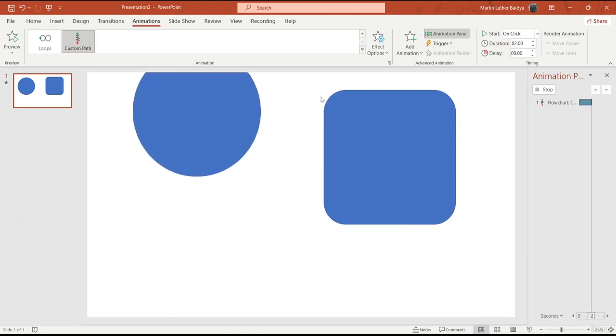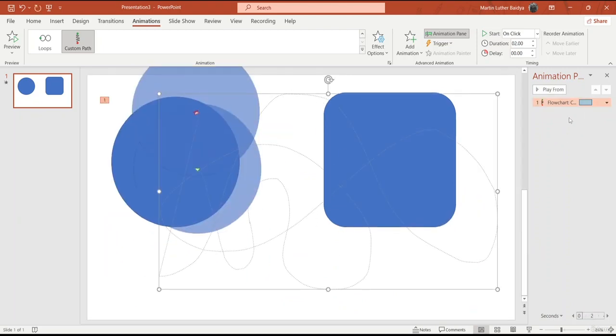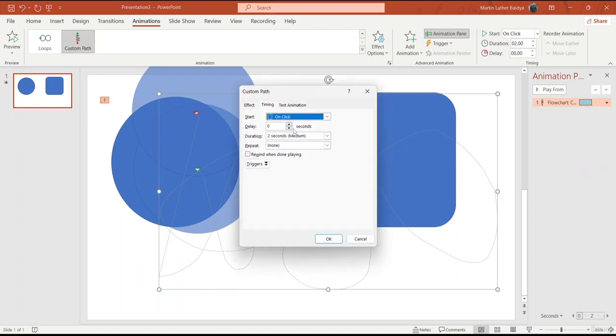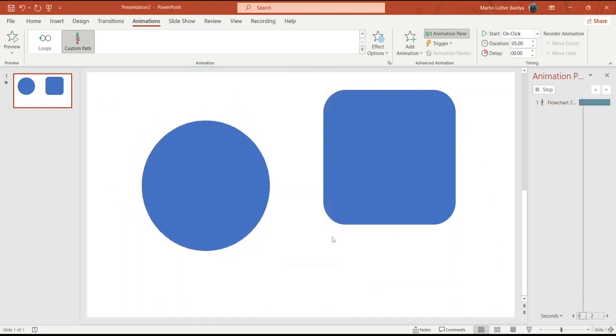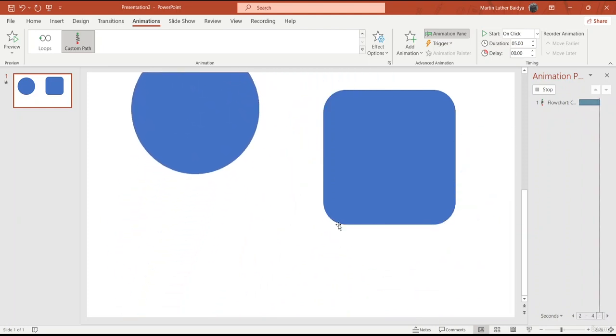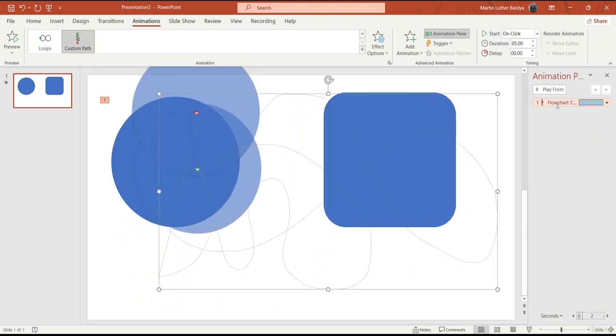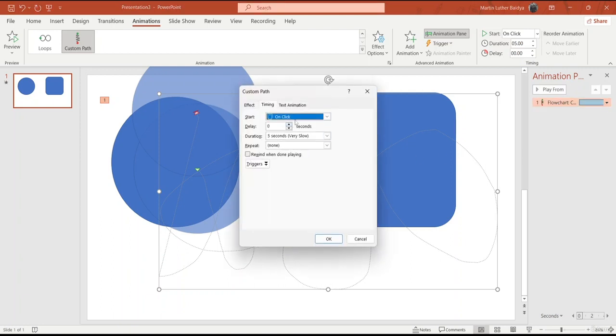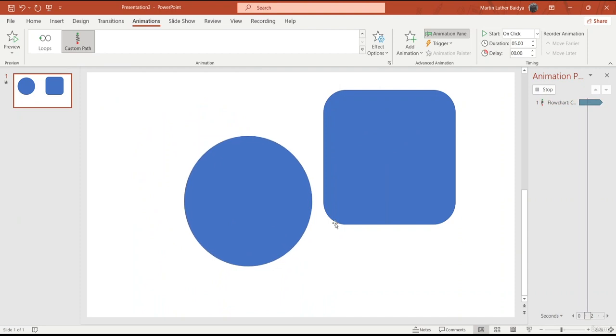Now you can see that this is how it will actually look. If it's too fast, click over here on timing. I'm going to set the delay or duration to very slow. Click on OK, and then you will see exactly how it will look when you put it on slow. But if you don't want that to be endless, click on timing, and then click on start, repeat until next click,